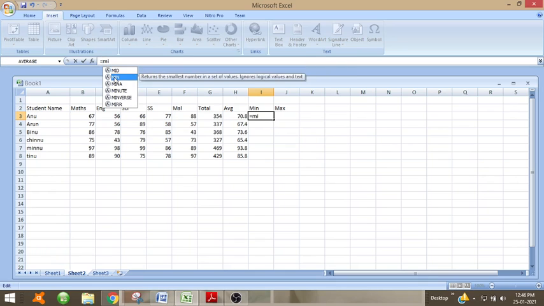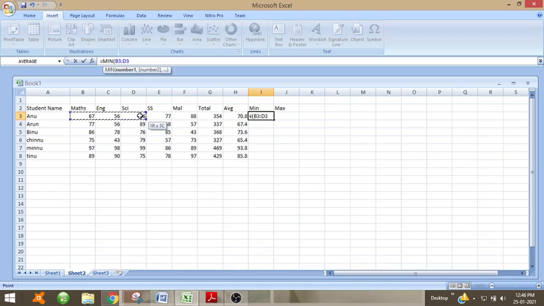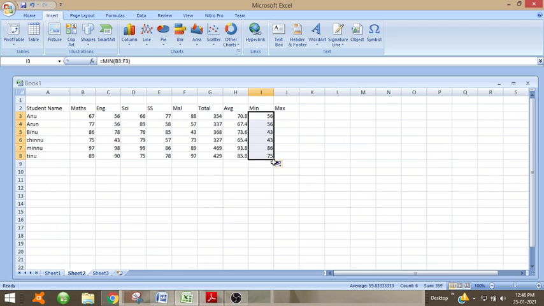Click here, min, in bracket, for which all rows you want to find the minimum. You can select like this. So which value is the minimum? Here 56 is the minimum. Now click here and drag like this.